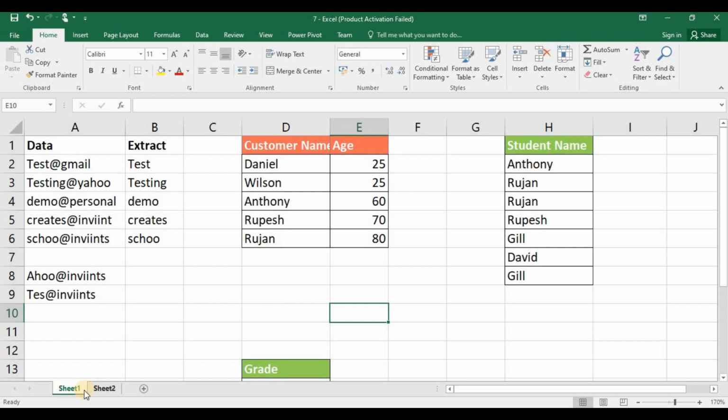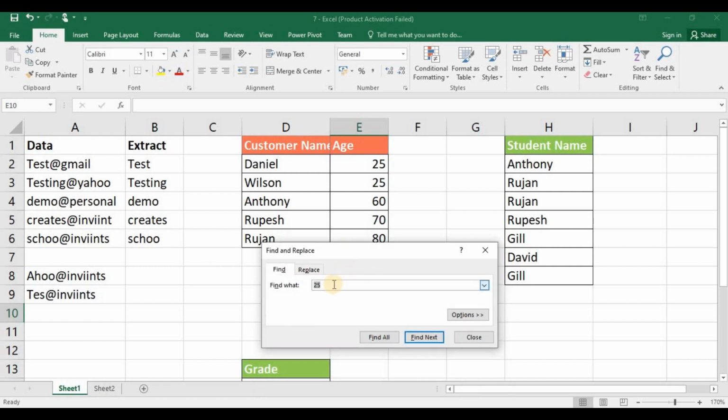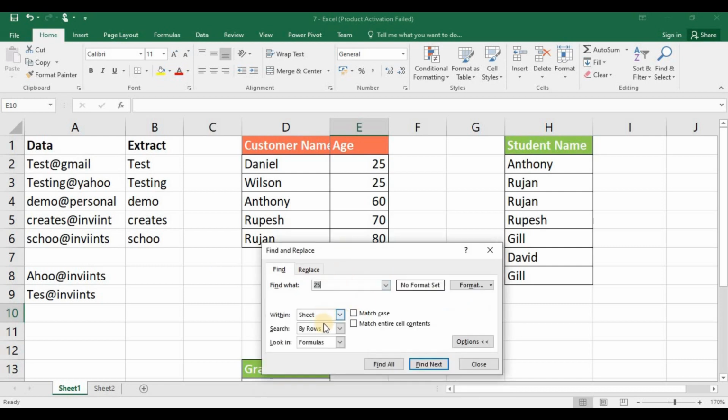If we have multiple sheets, how do we check whether the text is located in any sheet? Press Ctrl plus F. In this window, click Options. Then you can see the further selection options. Here under the Within drop down, you can see 2 options. One is Sheet and another one is Workbook.